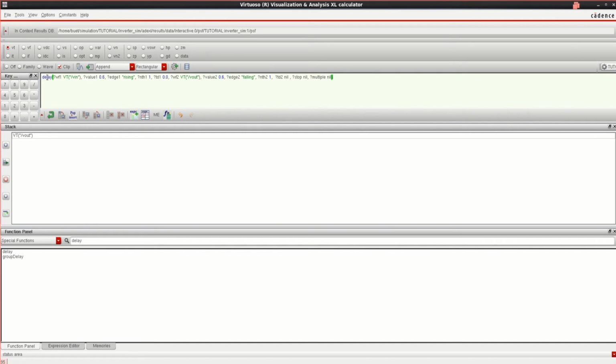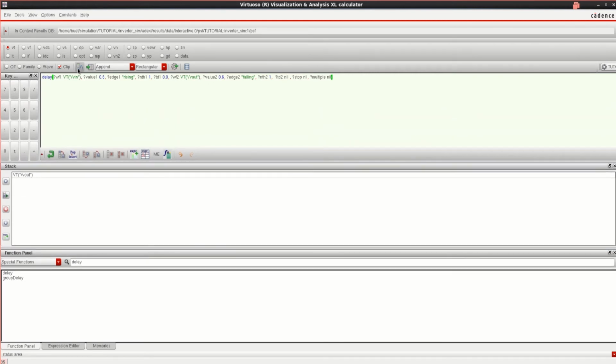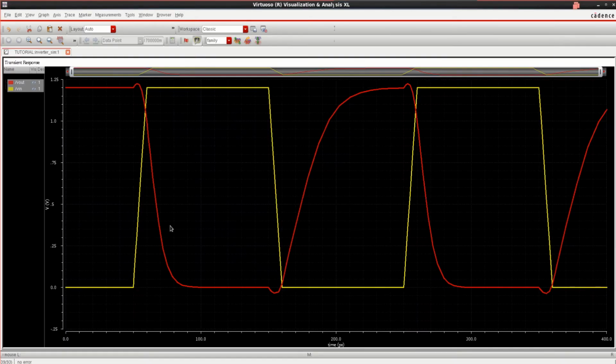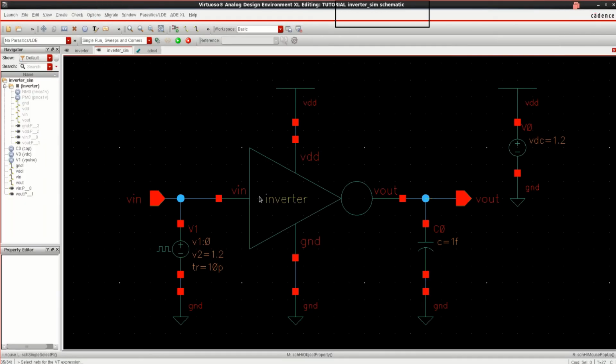Now the calculator is loaded with the delay expression. If you want to see the value, you can directly click on evaluate the buffer, or if I want to add it to the ADE window, you just send buffer expression to ADE XL. Click this. Now if you see, let me close this.